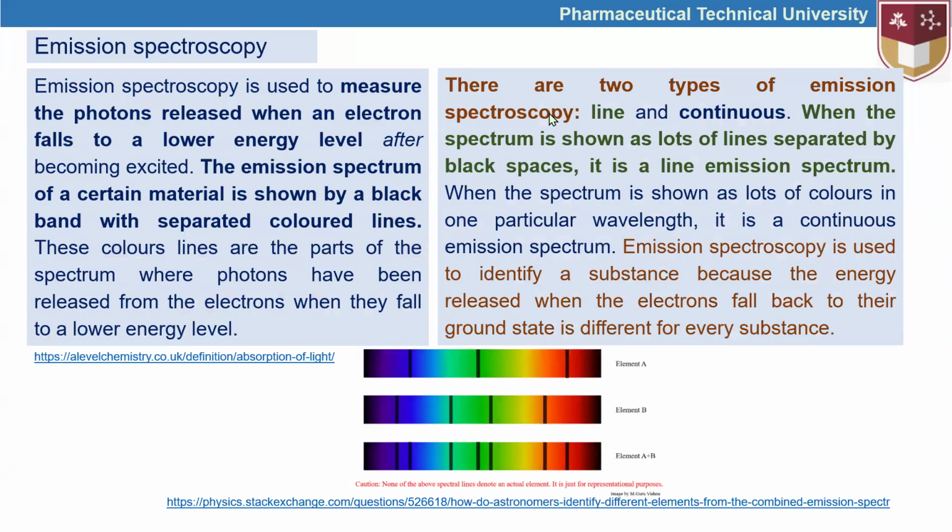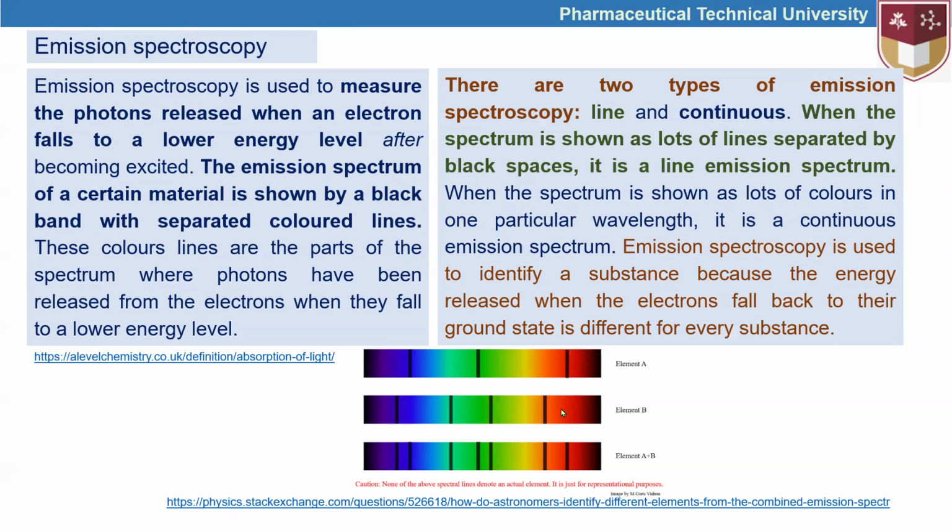And this is about emission spectroscopy. Emission spectroscopy is used to measure the photons released when an electron falls to a lower energy level after becoming excited. The emission spectrum of a certain material is shown by a black band with separated colored lines. Here we can see